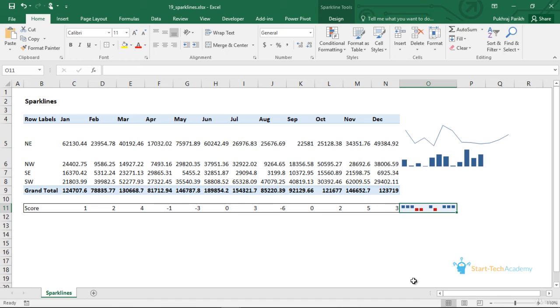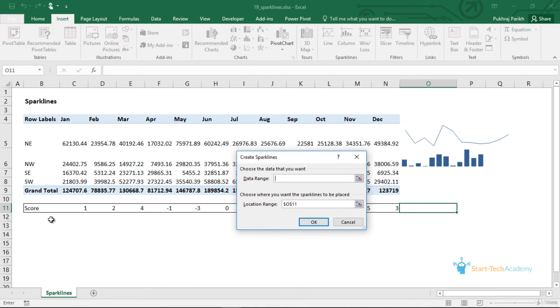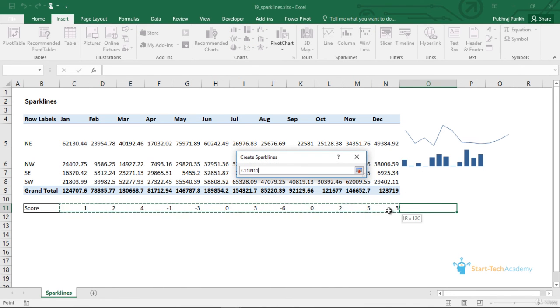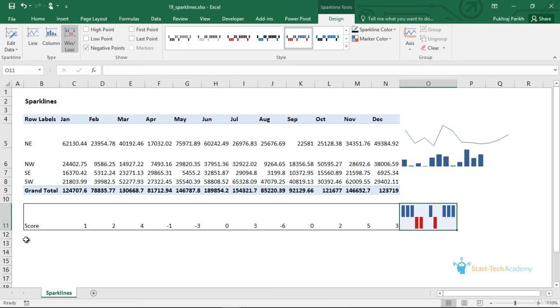So to create this, let us clear it first. Win-loss, the data range. Okay. So you can see here's our win-loss type of sparkline.